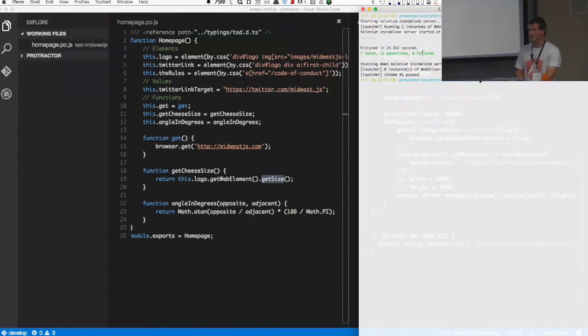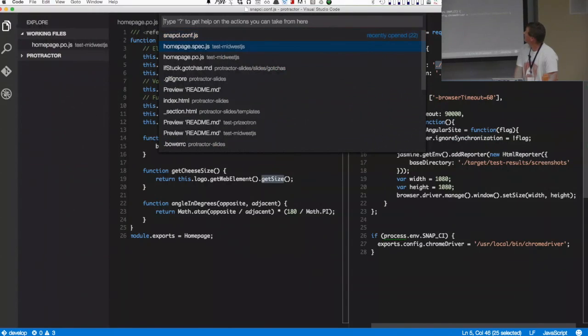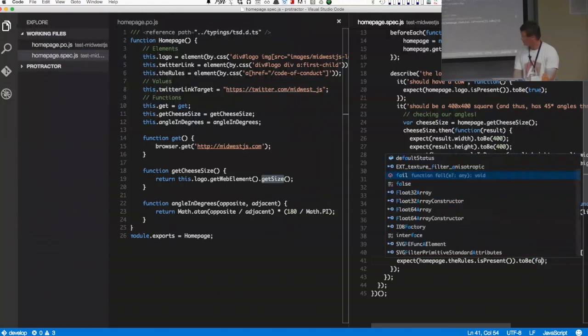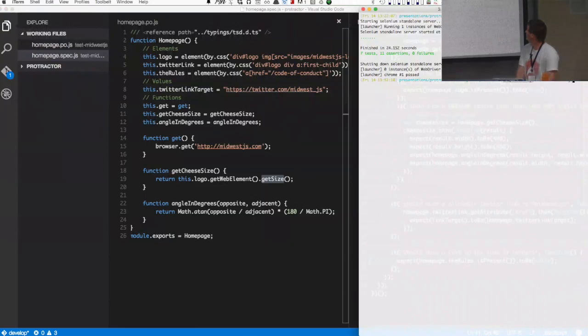Now, I don't usually trust that I wrote a test correctly until I see it fail first. I did this on my own time, but I'll show you just to demonstrate that it really does fail when you don't do it right. If we decided to assert instead that the code of conduct wasn't there, like if someone took that away from the website,